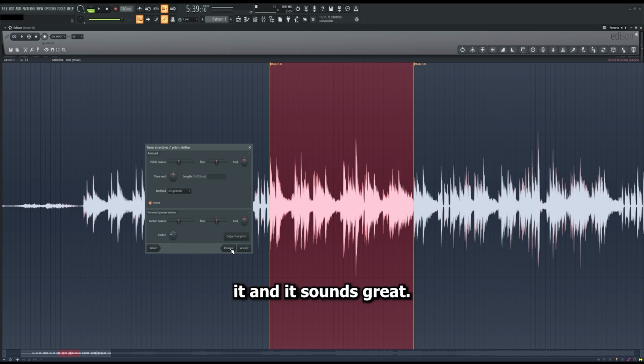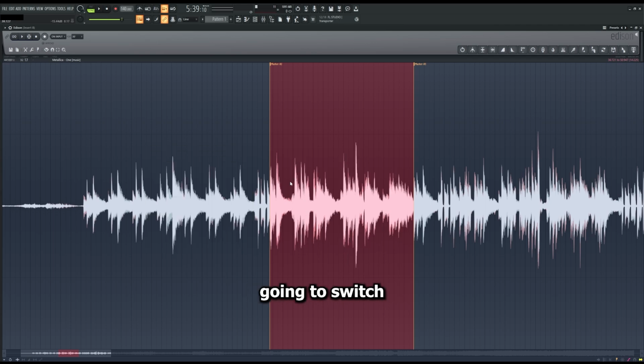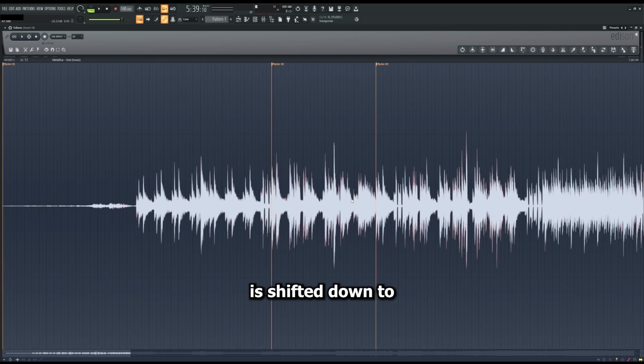And it sounds great. The high pitches sound good. They don't sound too muddy or distorted, but they also don't have that weird artifacty noise when you don't save enough data. So I'm going to hit accept, and it's going to switch up the audio. So if I play this, you hear that only this part of the section is shifted down 2 half steps, and that makes it D